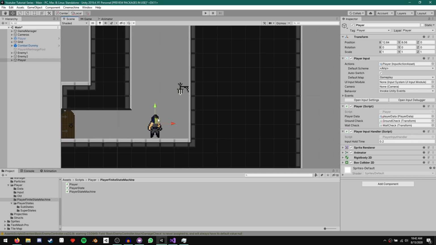And so to do this is actually quite simple. We have a ray being cast out to the front to detect a wall. So we're going to cast another ray out to the back to see if we're touching a wall behind us. And then based on that information, we'll choose whether our wall jump direction should be the same as our facing direction or different to our facing direction.